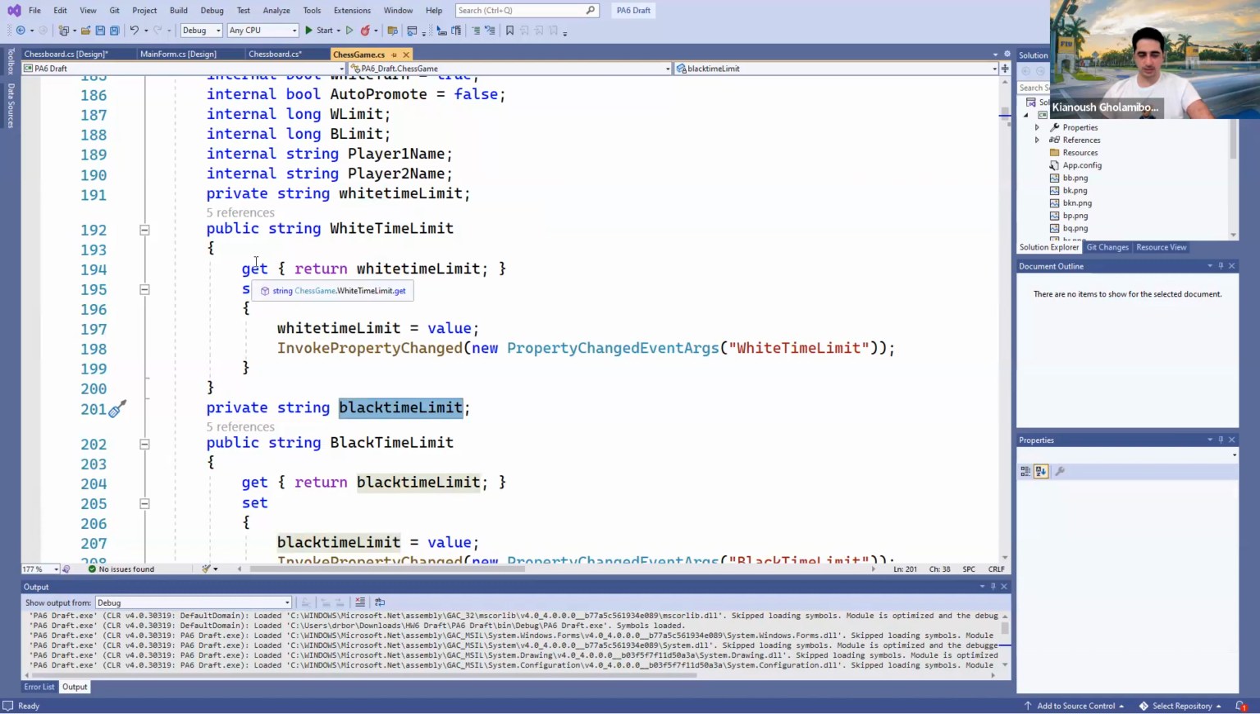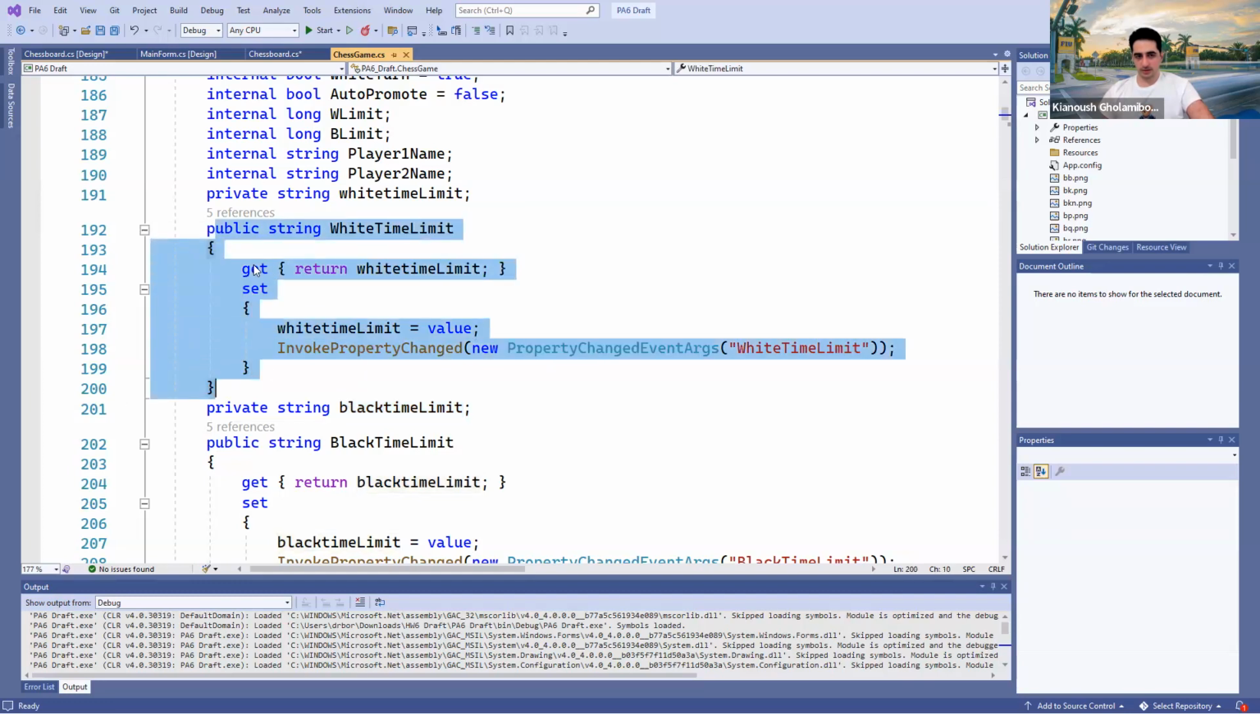These are private. Then I have some public variables corresponding to the 2 private variables I have. One of them is white time limit, the other one is black time limit. As you see, the public ones start with a capital letter, and the private ones start with a lowercase letter. This is because I want to define some getter and setter, and in the setter I'm going to invoke a property change event, because we're going to